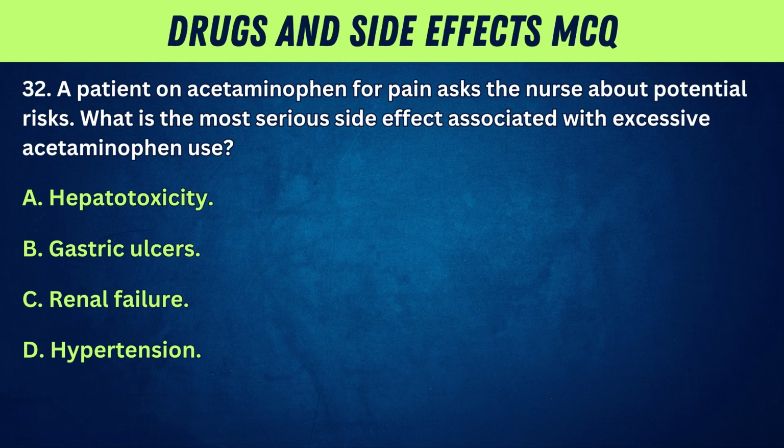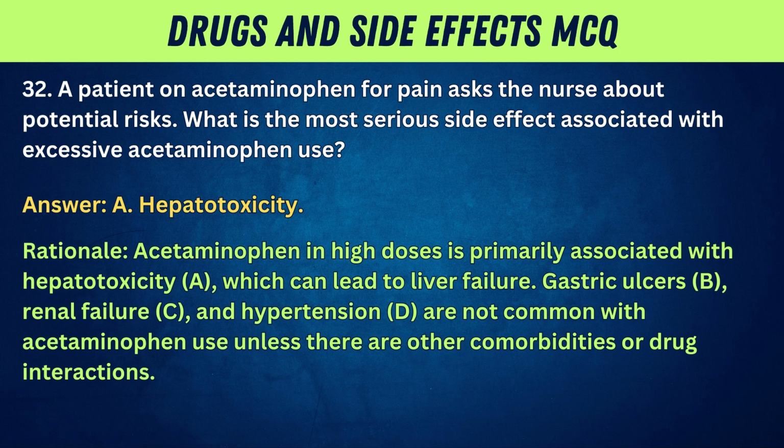What is the most serious side effect associated with excessive acetaminophen use? A. Hepatotoxicity. B. Gastric ulcers. C. Renal failure. D. Hypertension. Answer: A. Hepatotoxicity. Rationale: acetaminophen in high doses is primarily associated with hepatotoxicity, A, which can lead to liver failure. Gastric ulcers, B, renal failure, C, and hypertension, D, are not common with acetaminophen use unless there are other comorbidities